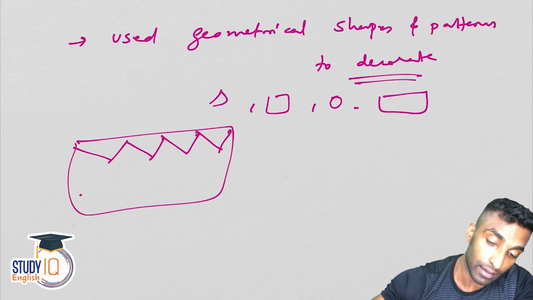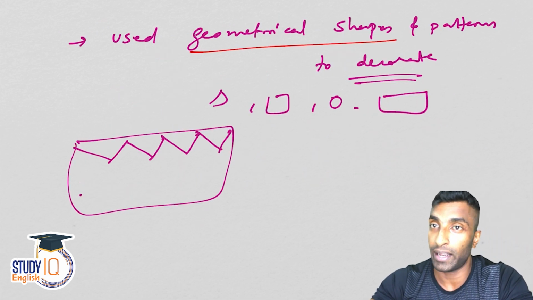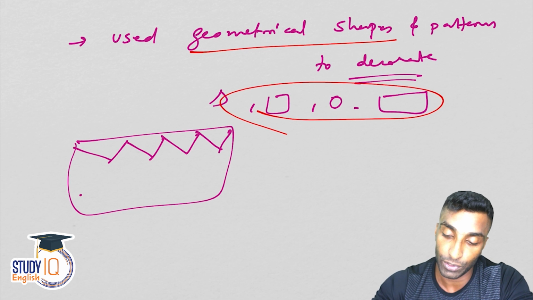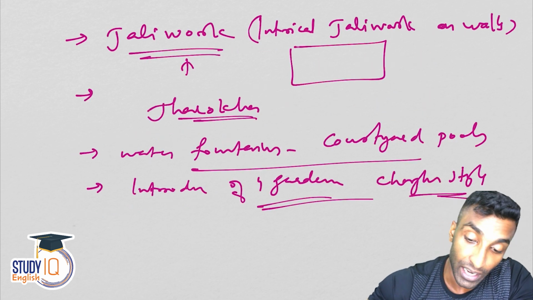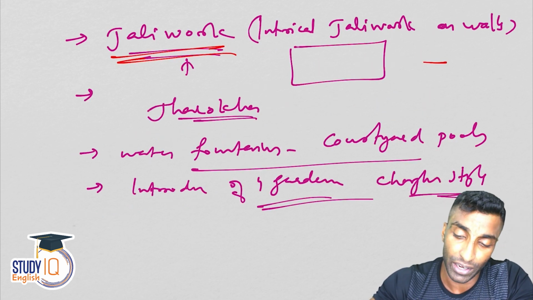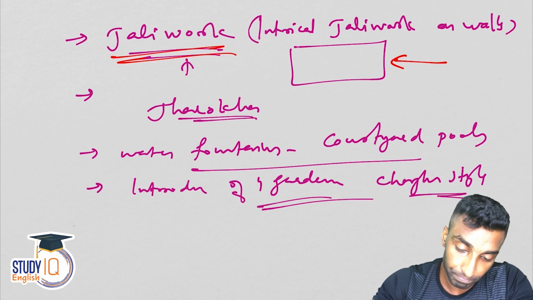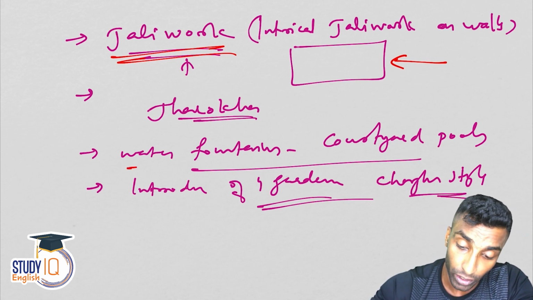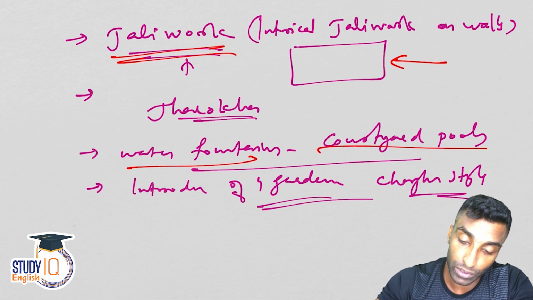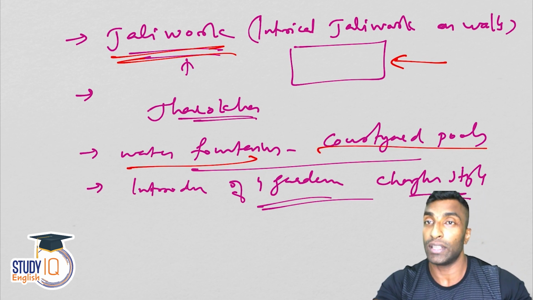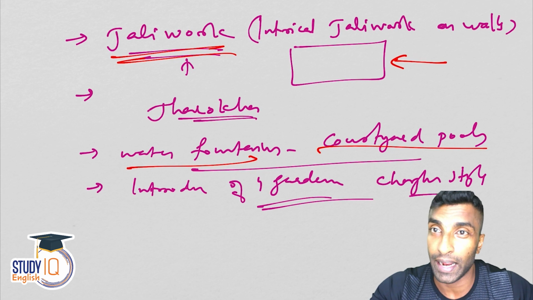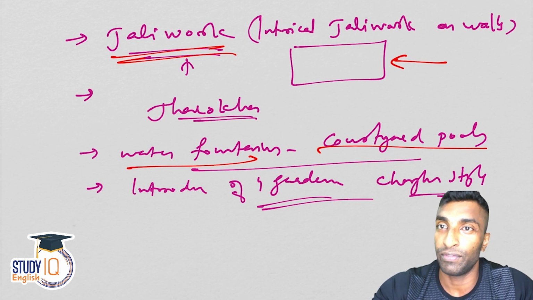Okay, and then use of geometrical shapes to decorate the walls. These are the geometrical shapes you can see. And then jali work which is done, which is nothing but the windows which are made with the plaster of Paris. Okay, then water fountains, courtyard pools. Okay, that's it. So these are features which you should be writing, all of these when you get a question